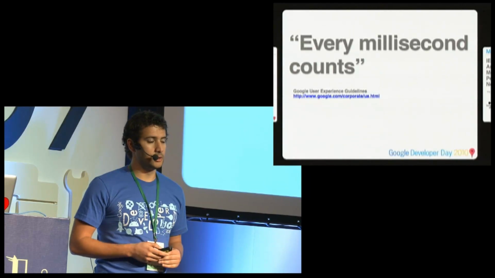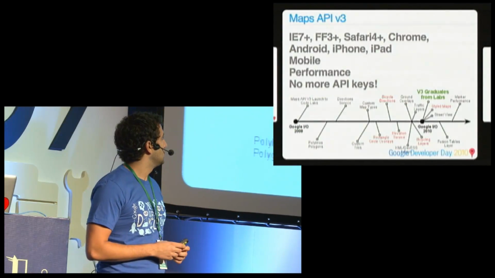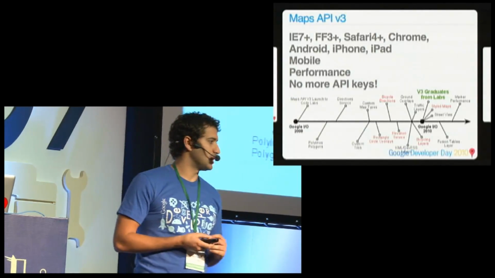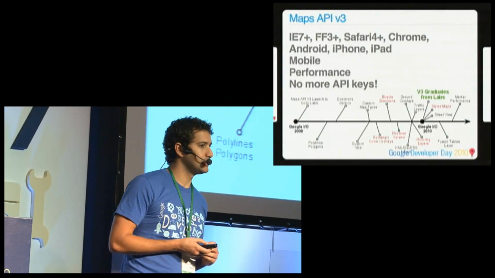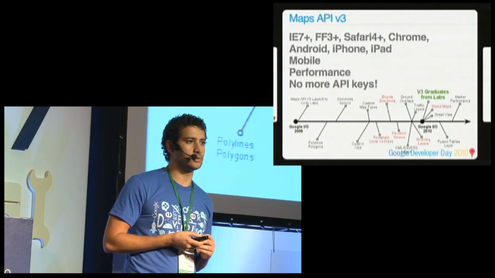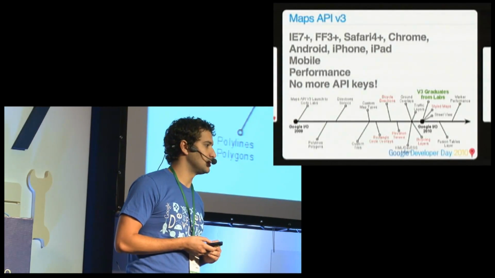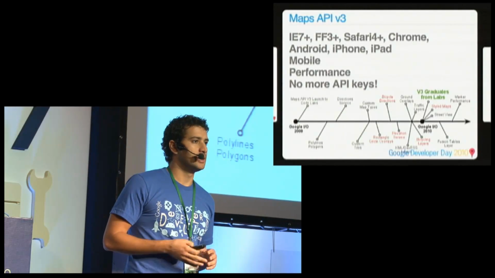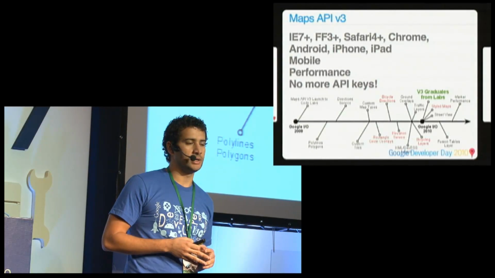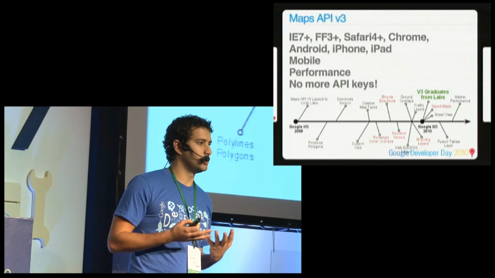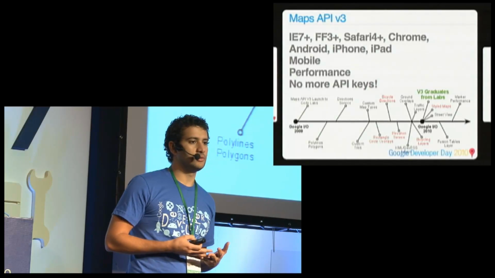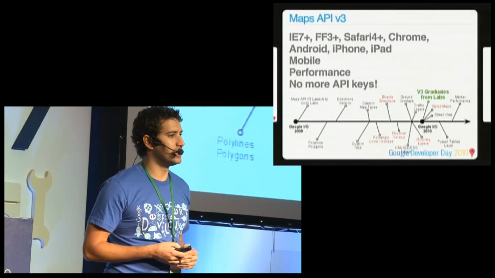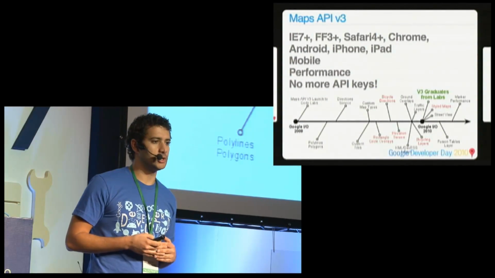So looking at V2, the team tried to optimize it as much as possible, but given the way it was designed and the fact that it was built to meet all these different use cases, it has directions, it has polylines, it has editing of polygons and polylines, and it was built off a code base that was created in 2005 off of maps.google.com. They couldn't optimize it enough. They couldn't strip out enough things. They couldn't make it